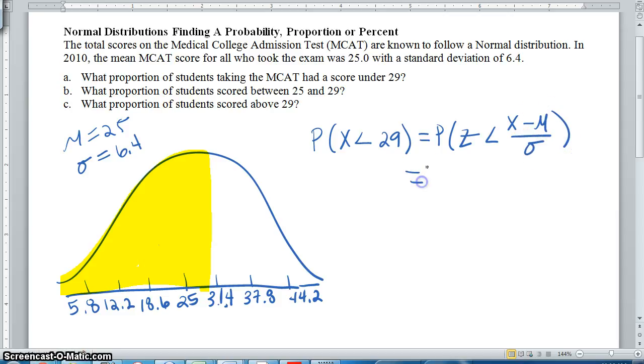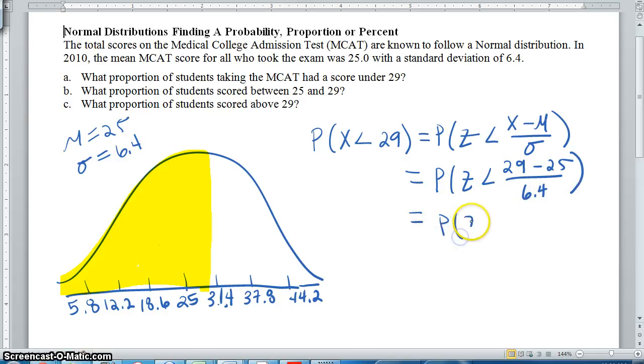Plugging in the real values, the probability that z is less than 29 minus 25, all divided by my standard deviation of 6.4. And this is equal to the probability that z is less than 0.625, which I'm going to round to 0.63 because I want to go to my z table